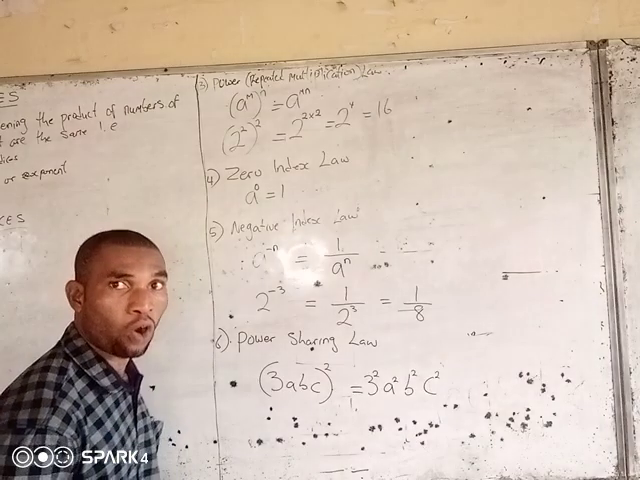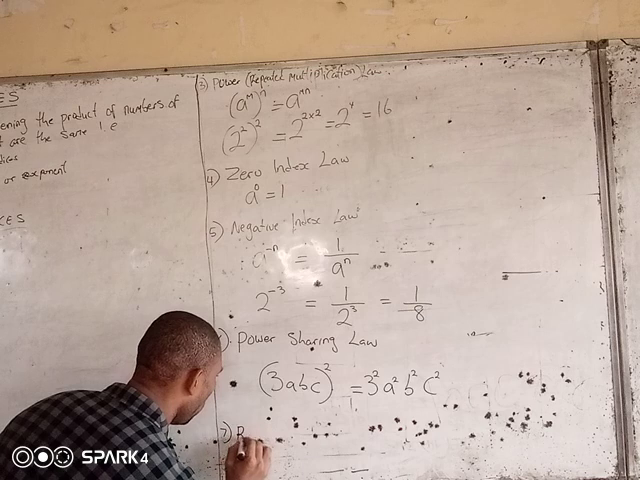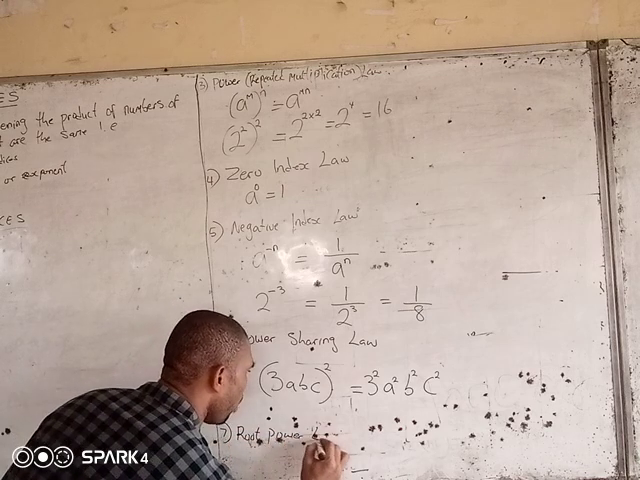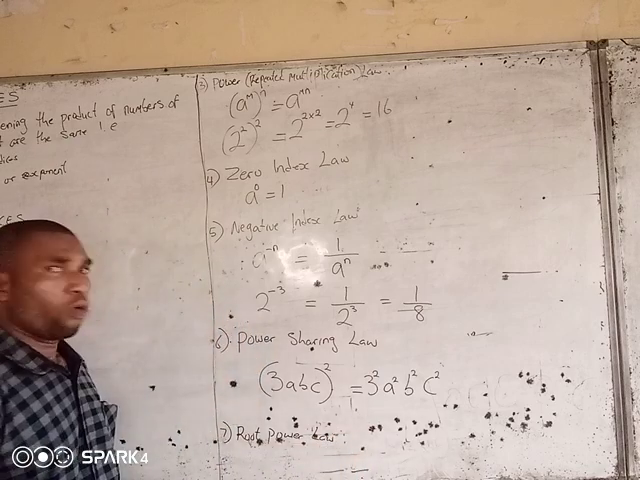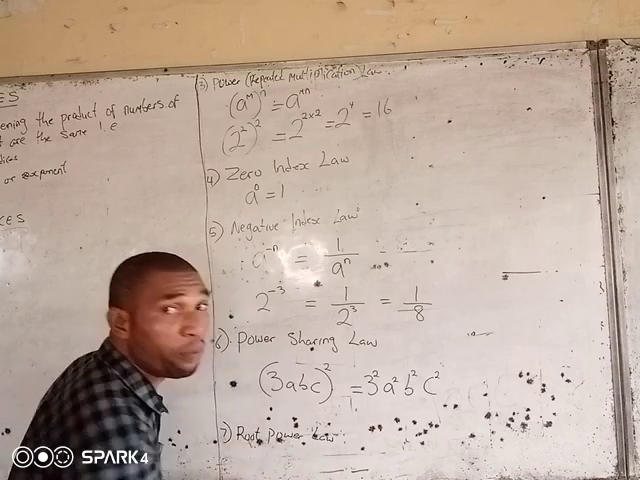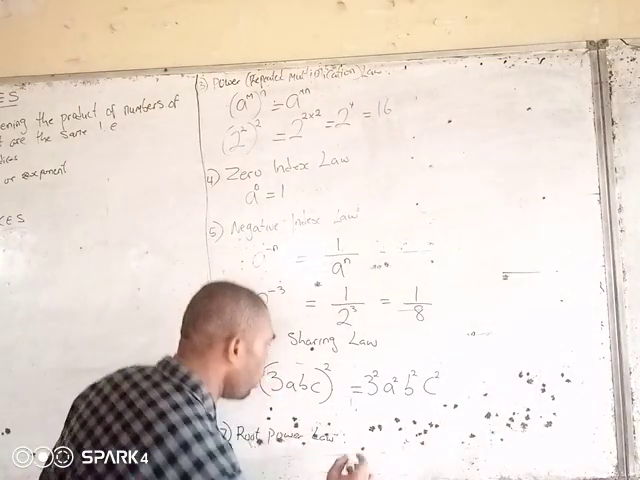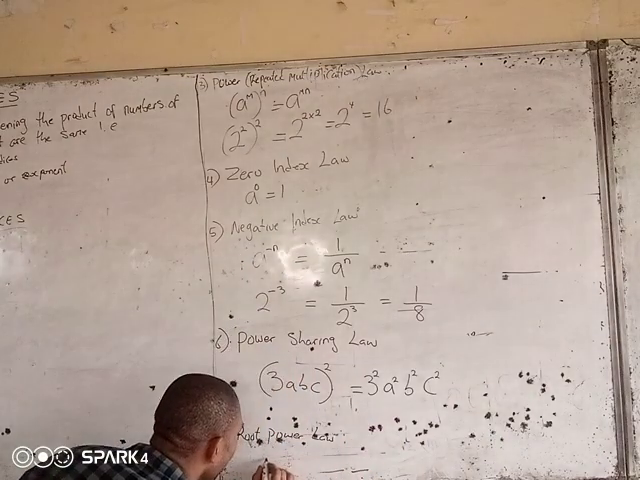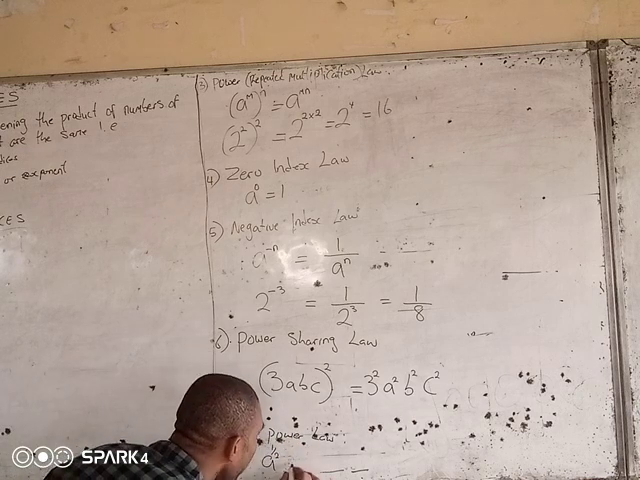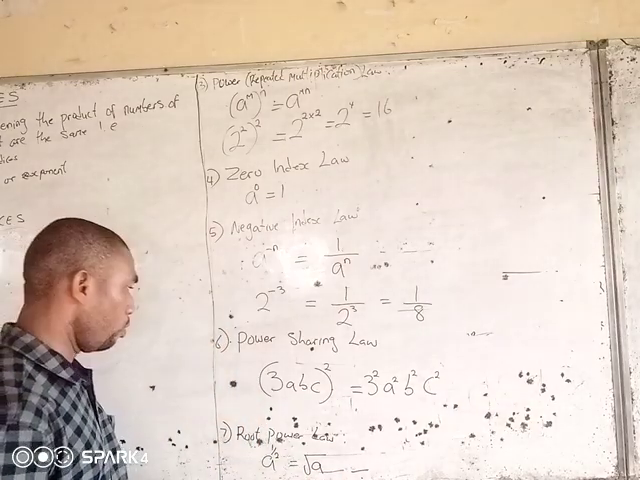Now, the next law is what I call the root law, the root power law. The root power law is simply stating that the power is half, meaning 1 over 2. That means if we have a base A raised to half, that is 1 over 2, the result is simply the square root of A. For example,